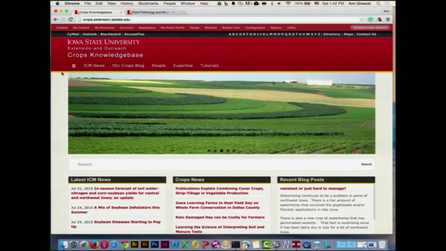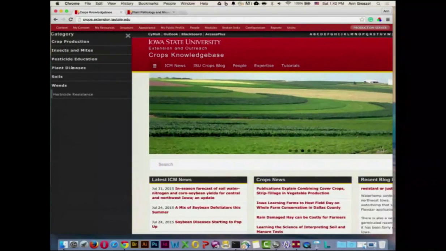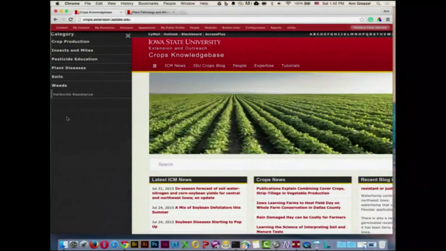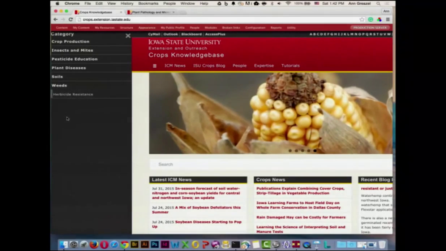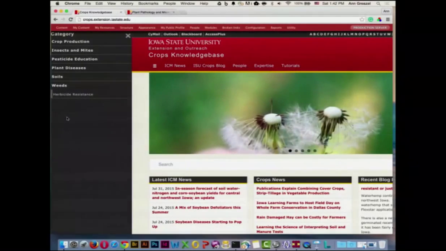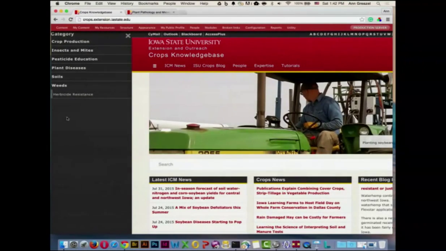So we take that and turn it into a closed vocabulary. This site is the crops knowledge base at Iowa State. There's lots and lots of content here, a couple of different content types. But one thing that is the same about all the content is it is somehow related to crops. So naturally, what are the closed terms that we would use here? They would be different big ideas about things that pertain to crops.